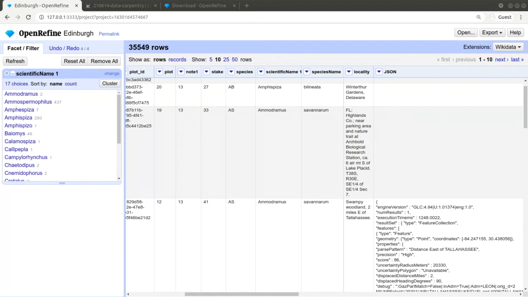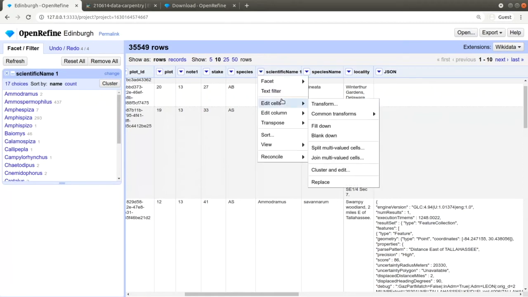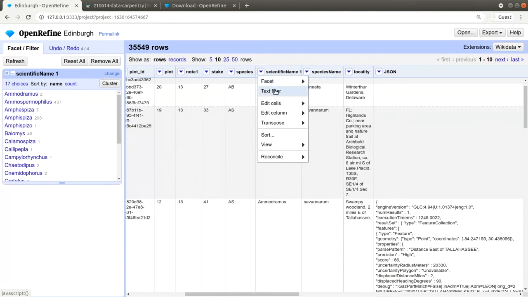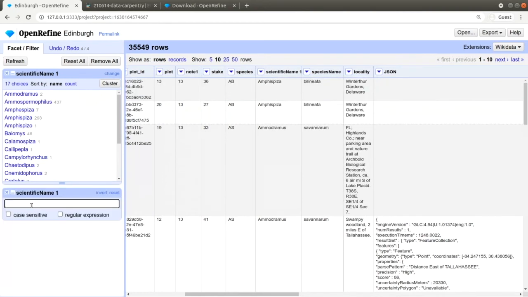There are other types of filtering available. If we click here, we can do a facet. No, it's the second option, called a text filter. What we have here is that we can type, for instance,